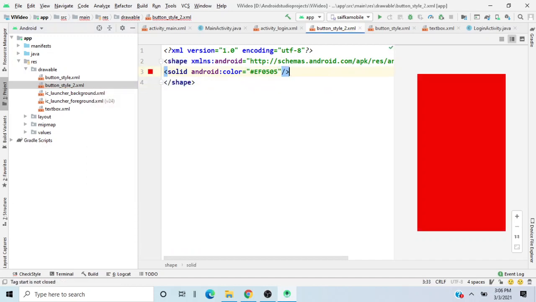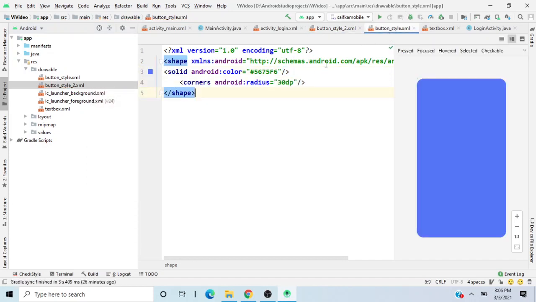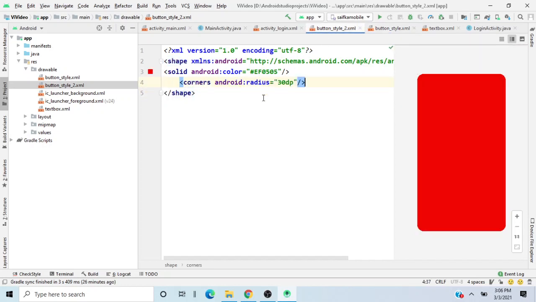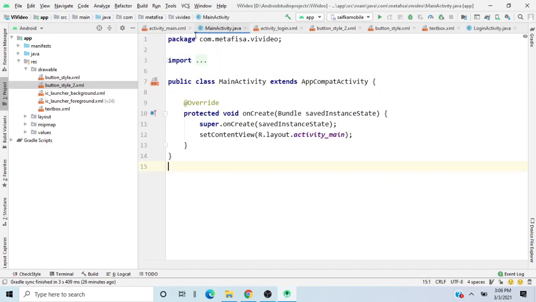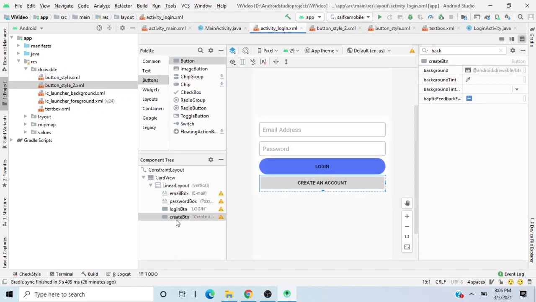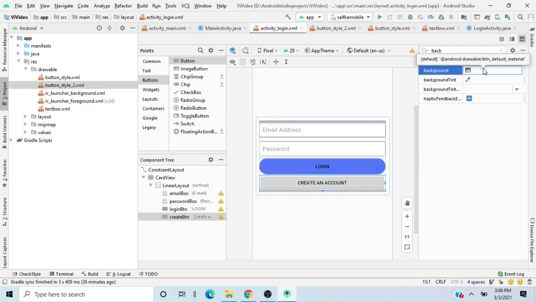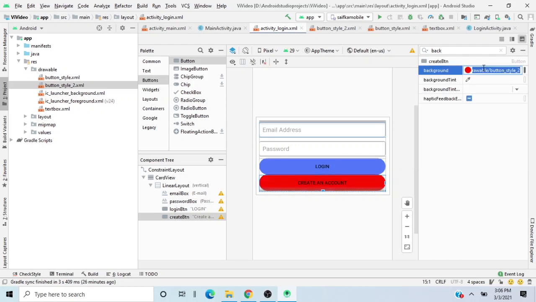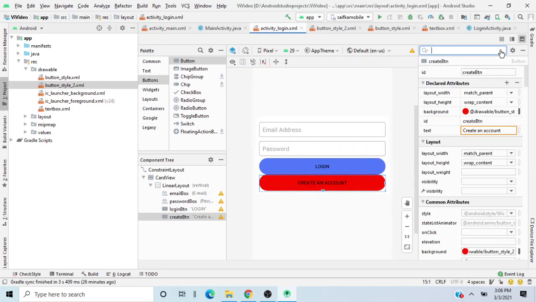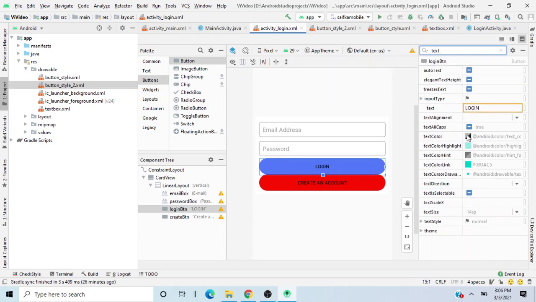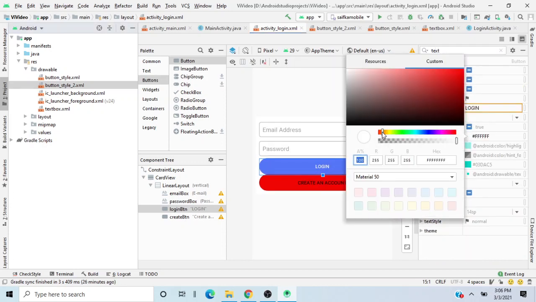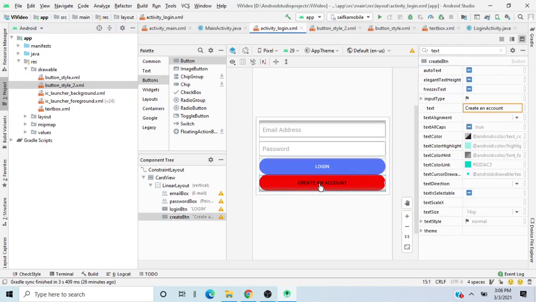And after that, I'll just copy it. Yep, corner should be fine. And after that, let me go to create button, and let me go to add drawable button style 2. Yeah, and now we'll do a few things like put some margins, but before that, I want to change the text color for it. As you all can see, I will change the color as white,